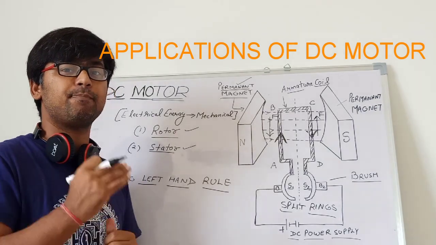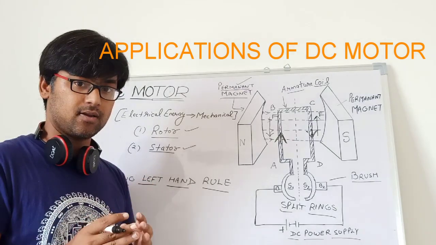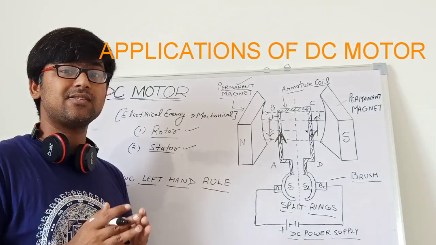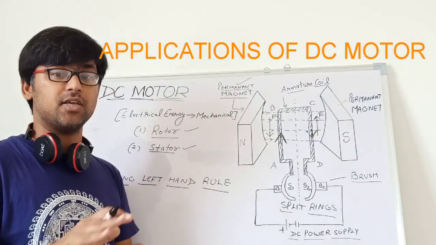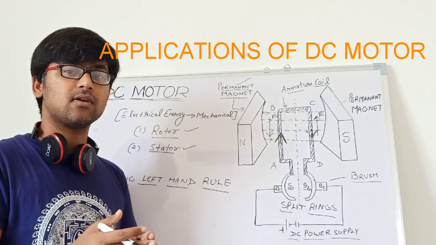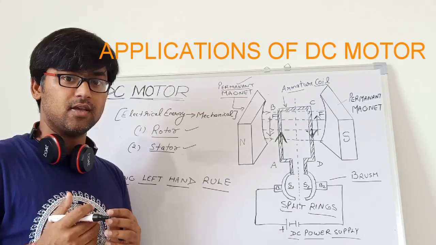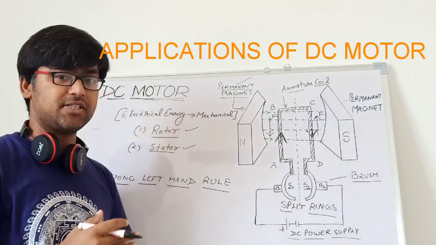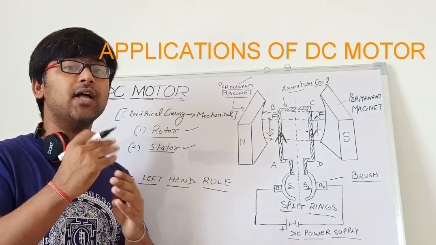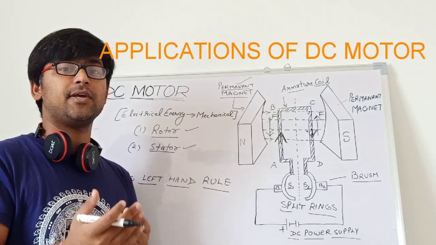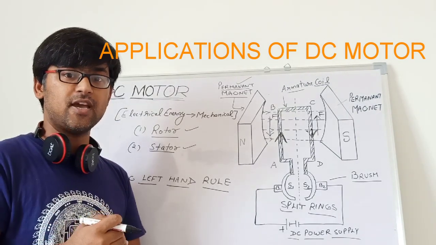Now after that, about the application of this motor, which is very important. Since I am saying it is a permanent magnet type of motor, it means the magnet we are using is permanent. What is the meaning of permanent magnet? It means the magnetic strength it is producing is constant, it will not change. So for the applications where there is no need to change the speed, in those cases we can use the DC motor, clear? But for the applications in which we have to manipulate the speed also, we cannot use the DC motor, clear?